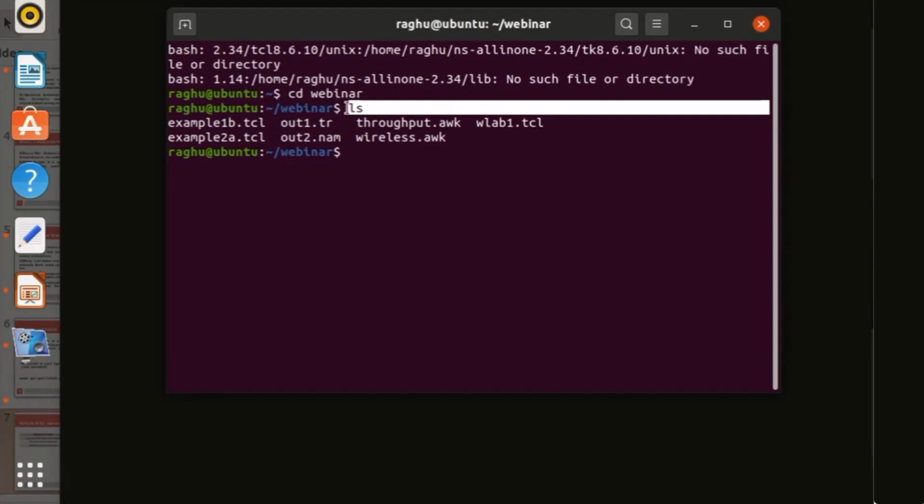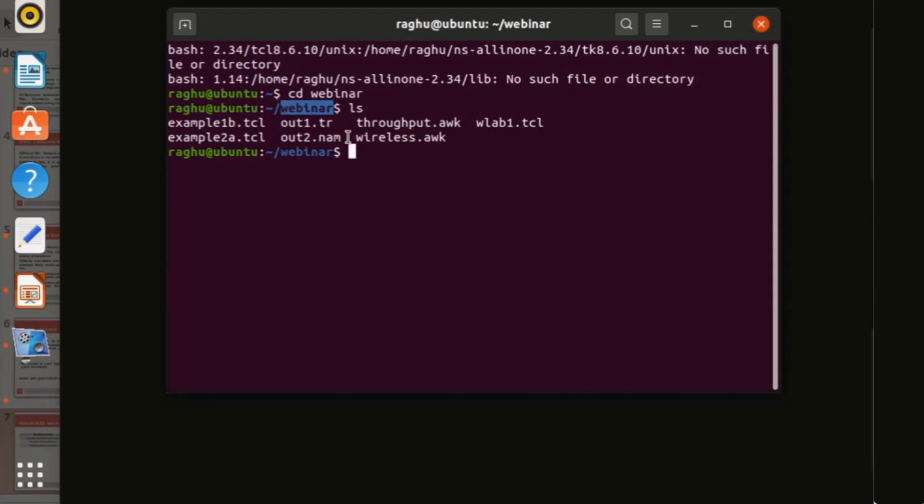You will have to go to your folder. Webinar is the folder that I have created, but you can create any other folder of your own. Paste the file in the home directory and just type cd space the folder name here. The capital letters, small letters, hyphens, all these things should be taken care of, because it is case sensitive. So that is why you will have to take care of the cases, meaning capital and small letters as well as the symbols.